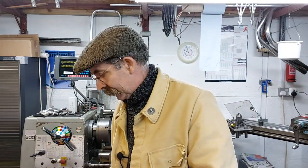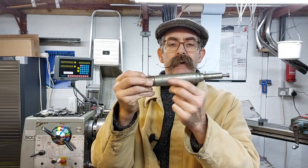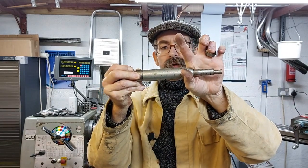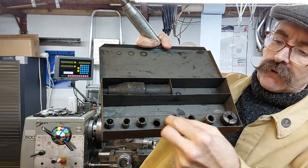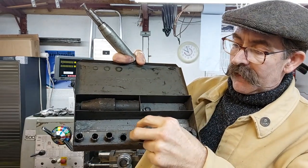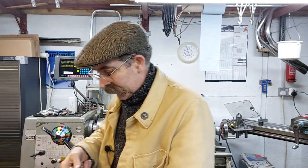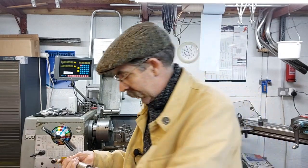So what you have, I've sort of figured it out. You've got your nose. This is the nose that slides down into your clutch plate to line your clutch plate up, and then this end, you put these different size collets on to correspond with the hole that you have in the end of the flywheel. And then what you do is they go on here. Let me show you, whilst we've got plenty of space. So you take the end out,